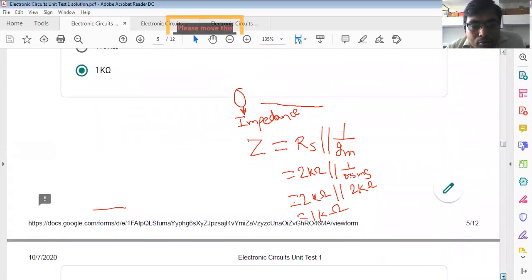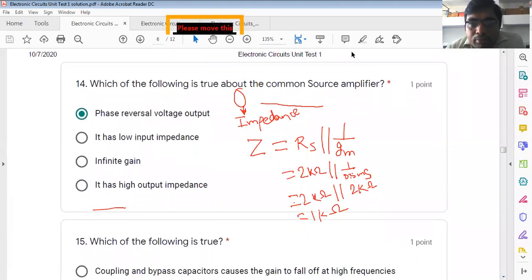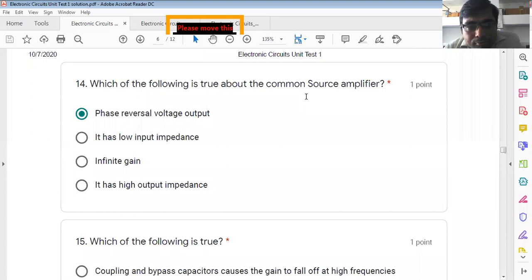Okay, now come to question number 14. What is question number 14? It says, which of the following is true for the common source amplifier? So the answer is very simple. Phase reversal of the voltage output means what? Phase reversal means the output voltage has a phase difference of 180 degrees with respect to the input voltage